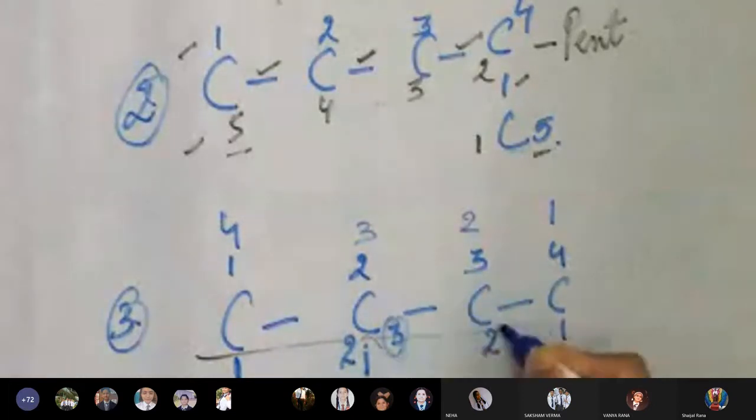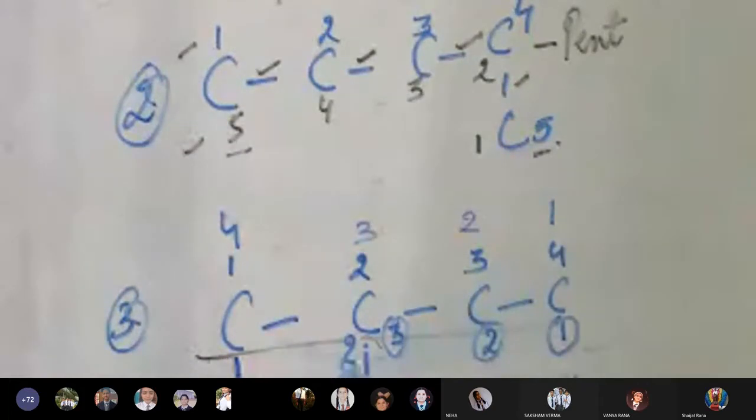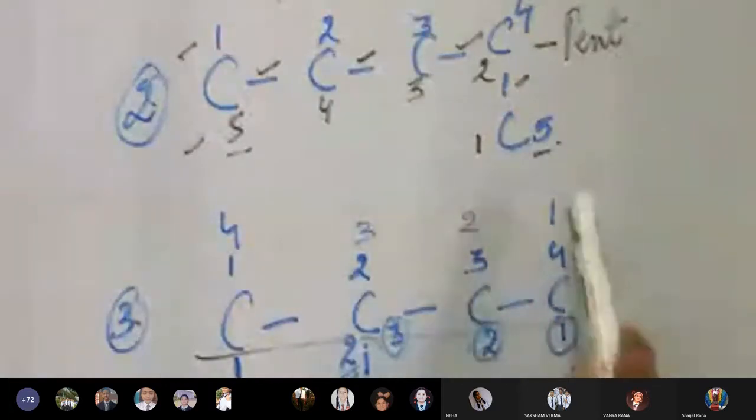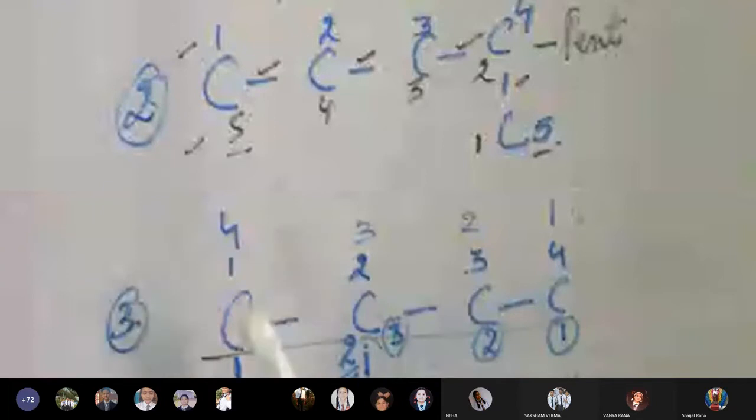So I'm just circling it. I'm just mentioning the double line. So this is one numbering, and these two, I think now it is understandable to all. One is from left to right and another is from right to left. Now same compound, different variation I have given. So I have completed all the scope of how you will start doing the numbering. One is this 1 2 3 4, other is 1 2 3 4, then third is 1 2 3. From here I cannot jump to here, so if I select this numbering 1 2 3, then these two will become my extra group.